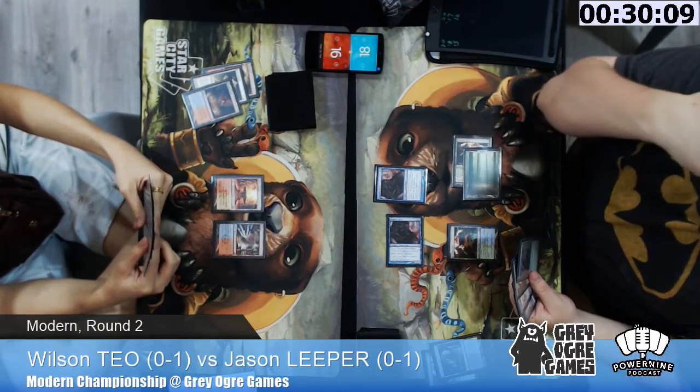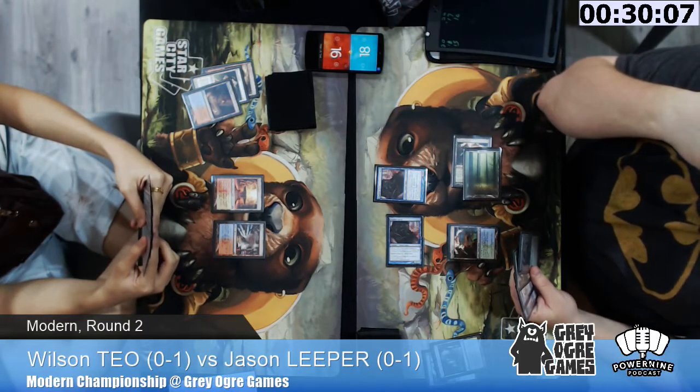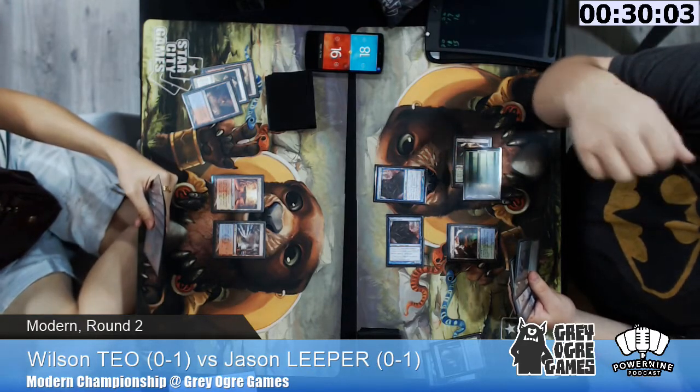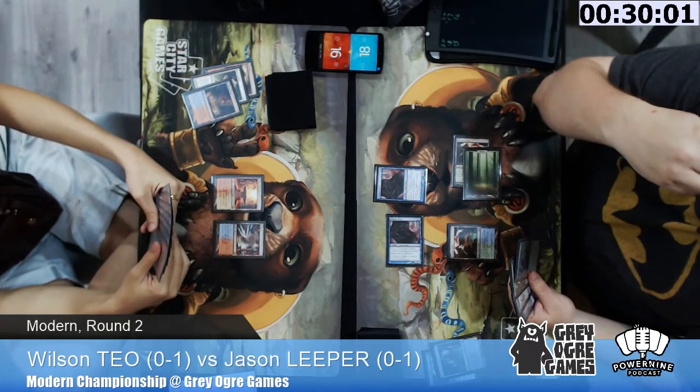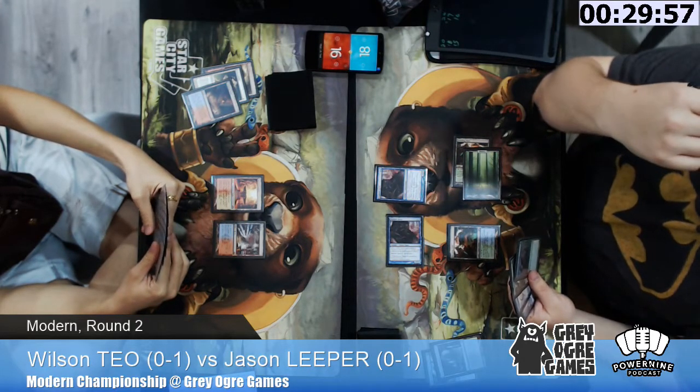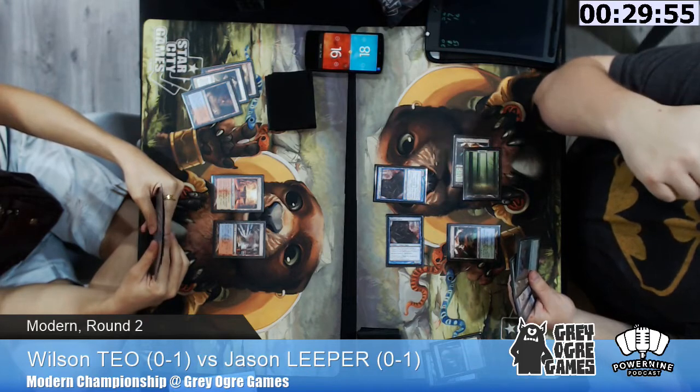Does he have Volcanic Fallout though? No, he doesn't have Fallout. He has a Staticaster and explosives. But I think if you tap up for explosives now, you get Spell Pierce and you just die. Yes. Instantly. It's a game of chicken, just waiting to see who is willing to pull